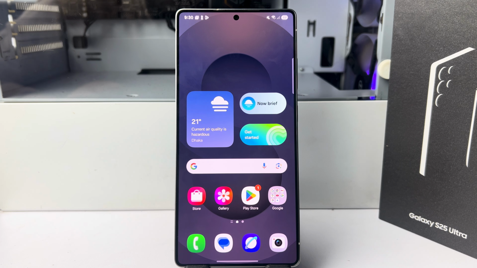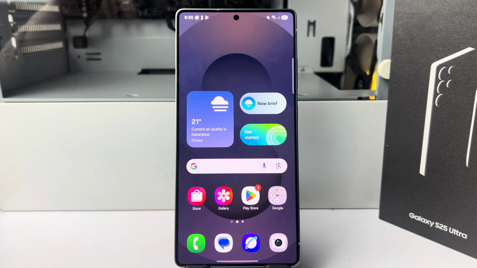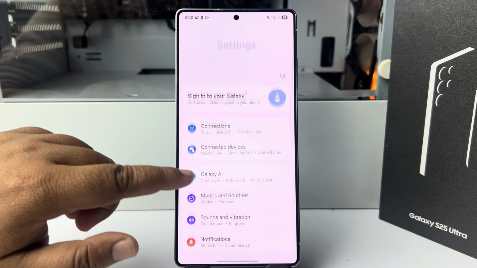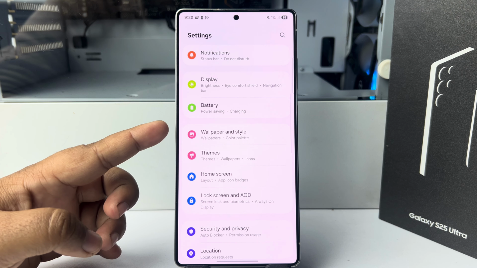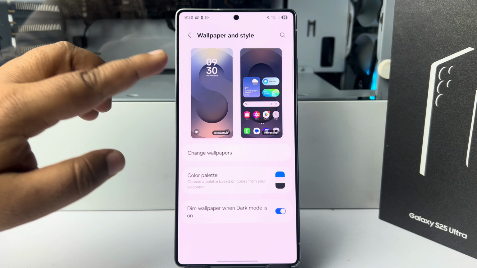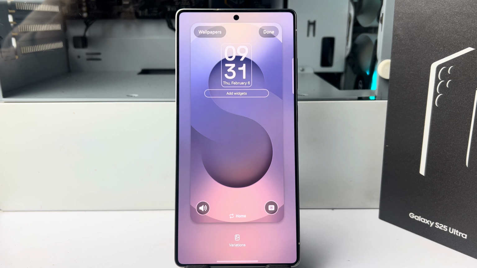And if you want to turn on and off flashlight from your lock screen, you don't want to unlock your phone to enable or disable flashlight, here's how to do it. Go to your phone settings. In phone settings, scroll down and tap on wallpaper and style. Here you have to tap on your lock screen wallpaper preview, and you directly jump into your lock screen wallpaper